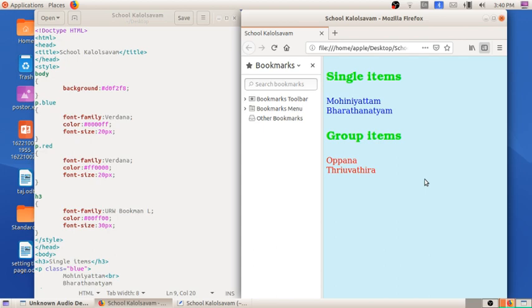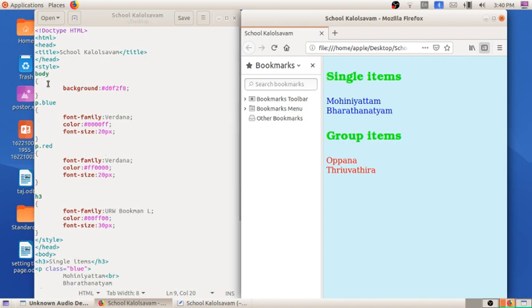So what all things have we studied? We have created a specific style for the heading. For that we used type selectors. The same type H3 is used here, so it is known as type selectors in cascading style sheet. And if we want to give different properties for the paragraphs in the same page, we can divide them into different classes. So we have divided it into p.blue and p.red, and we have applied the changes. That is known as class selectors in cascading style sheet.